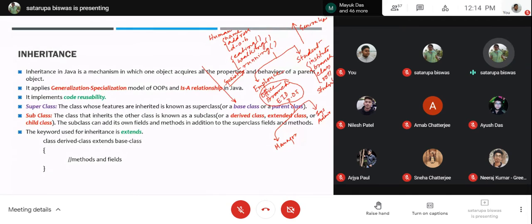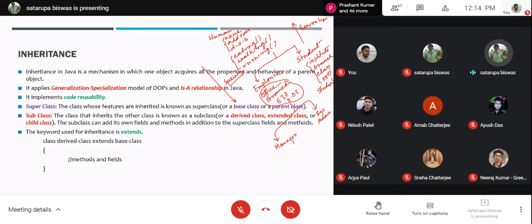So if there are some general properties present under a number of classes, let us take them together inside a single class. Let us forward it to the other classes, add the special properties of these classes and make the design more compact. This is basically known as inheritance.